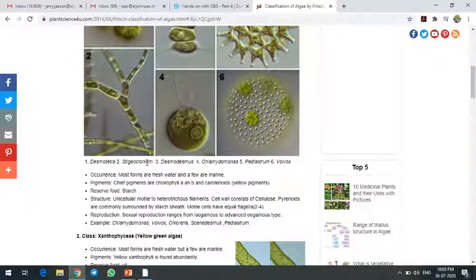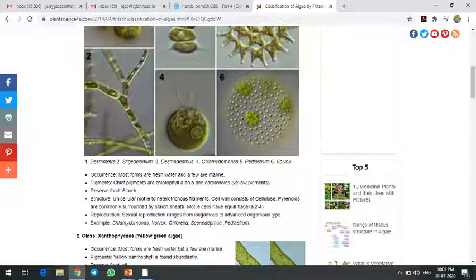green algae. They are mostly freshwater forms with a few marine forms, and the reserve food found in green algae is starch, which again resembles what we find in higher plants. The reproduction is sexual reproduction, and sexual reproduction in green algae are of all three types of sexual reproduction: isogamous,